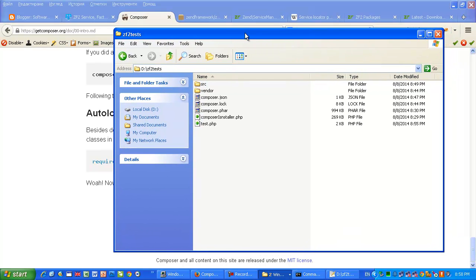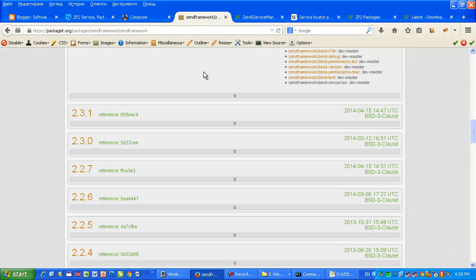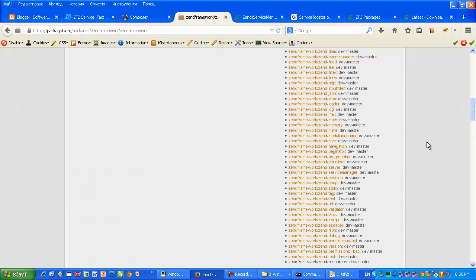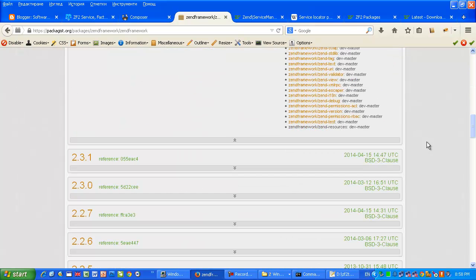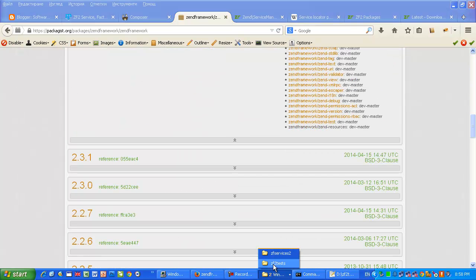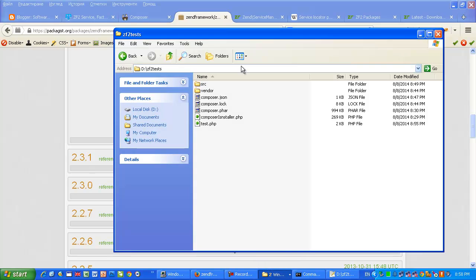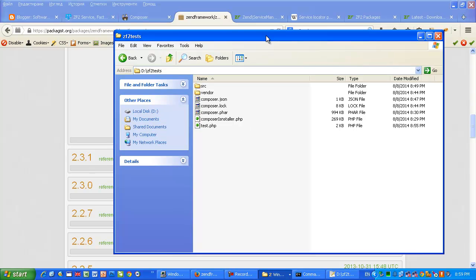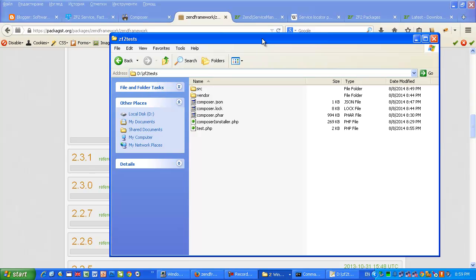I showed you how to install Composer, how to get it and put it in a folder. After that, how to get Zend Framework, this particular project, with Composer. I showed you that for all the computers which are not supported anymore, XP is probably not supported anymore by Microsoft, or for all the versions of PHP,